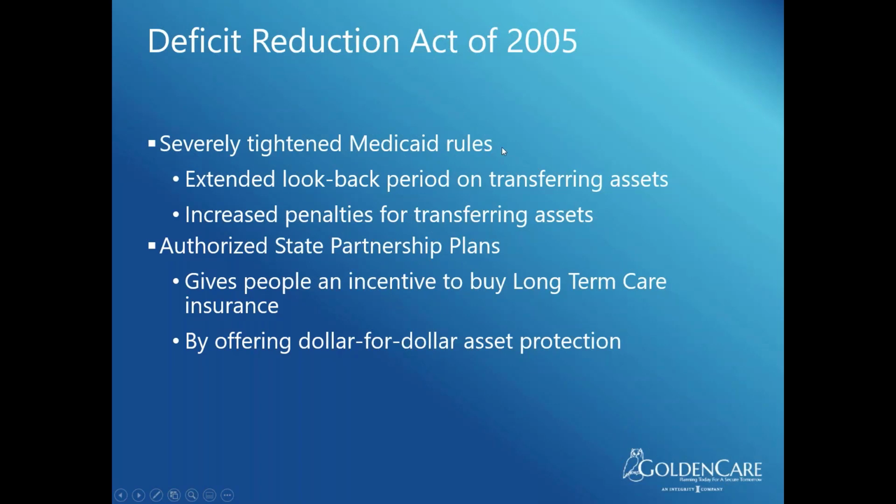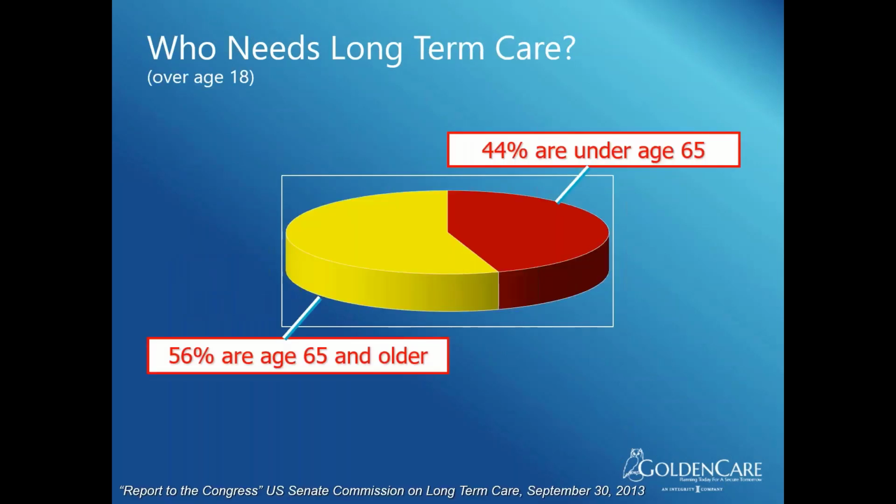The state does that because they know that 90% of people aren't going to go beyond that $200,000 worth of care. So they know it's going to help most folks. So they're happy to go ahead and give you a partnership plan. So these are all great things that the Deficit Reduction Act did. The government's very pro this. It's because it's becoming a huge problem. We don't know how we're going to take care of all these folks. So that's kind of your job as an agent, is telling people that the future is bleak as far as getting care from the government, hiding assets, trying to do it. So the right thing to do is buy long-term care.